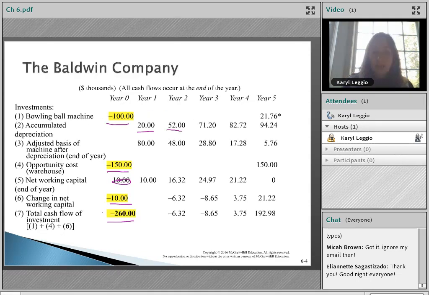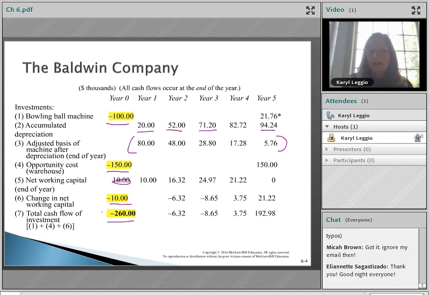So altogether, by the end of year three, we had accumulated $71,200 in depreciation. And onwards we go. By the end of the life, we have depreciated $94,240 of that $100,000. This line is supposed to make it easier for you to understand what's going on, but I think it's confusing. So what it's telling you is of that $100,000, in the first year we've depreciated $20,000,